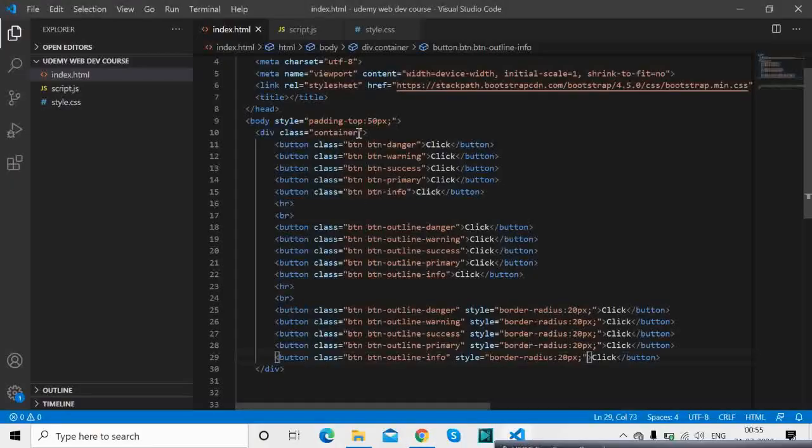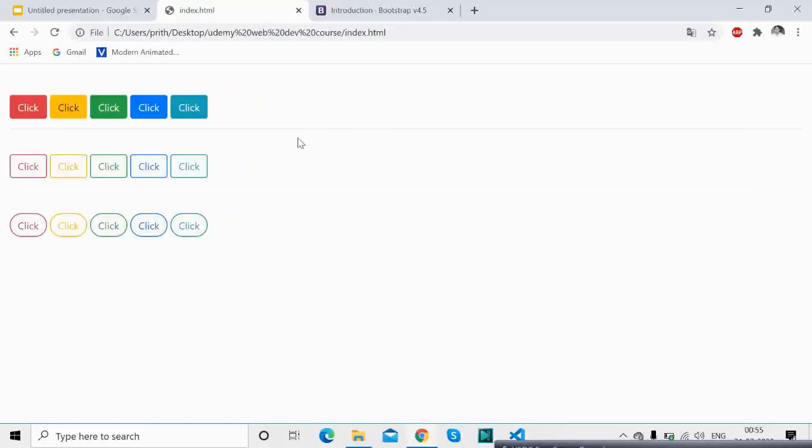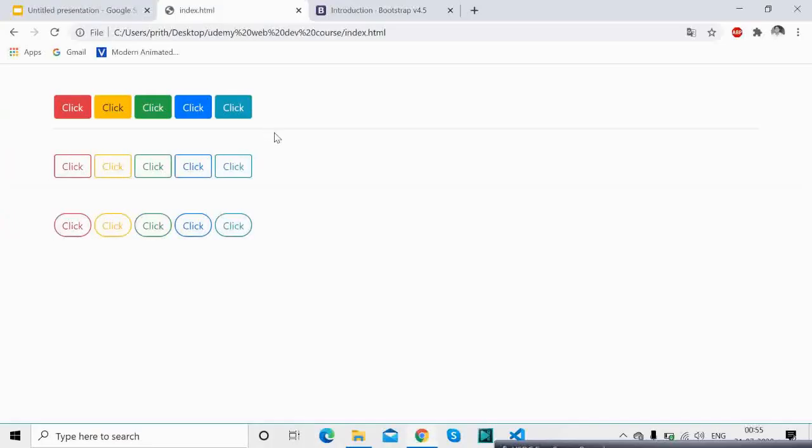Okay, there is something called container fluid. What this does is it will have a little less padding on the left and right hand side. If you give it a container, it will have more padding.